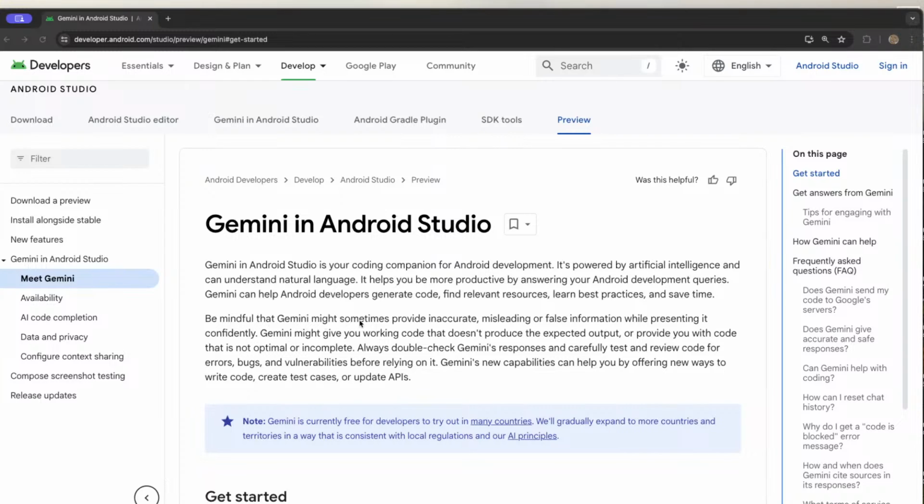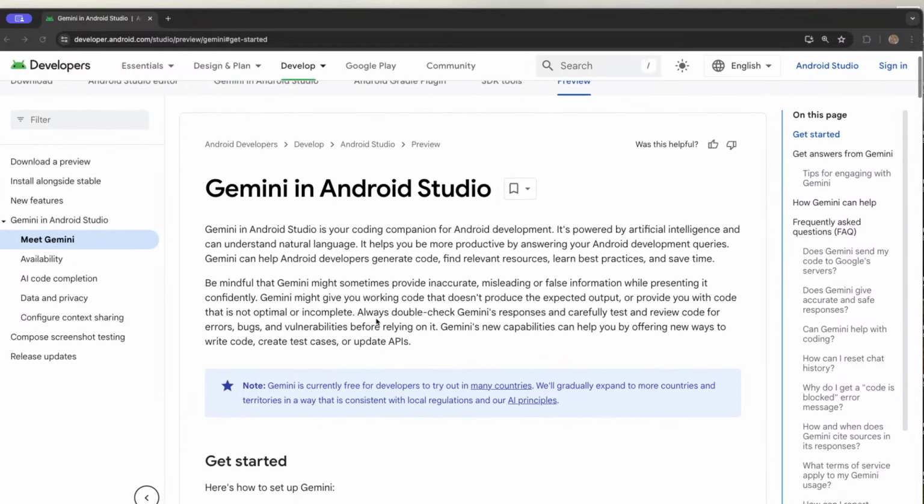Be mindful that Gemini might sometimes provide inaccurate, misleading, or false information while presenting it confidently. Gemini might give you working code that doesn't produce the expected output or provide you with code that is not optimal or incomplete. Always double check Gemini's responses and carefully test and review code for errors, bugs, and vulnerabilities before relying on it. Gemini's new capabilities can help you by offering new ways to write, create test cases, or update